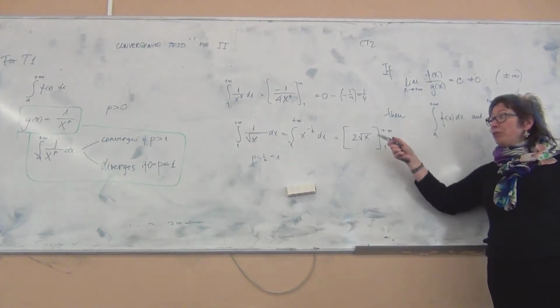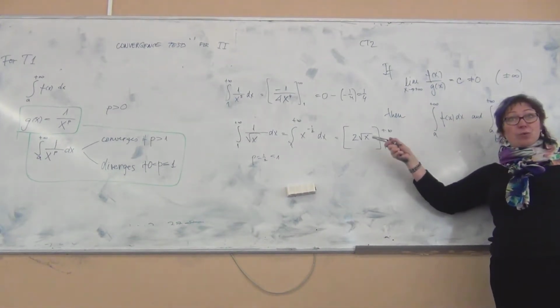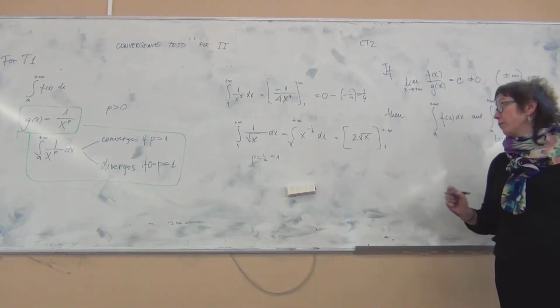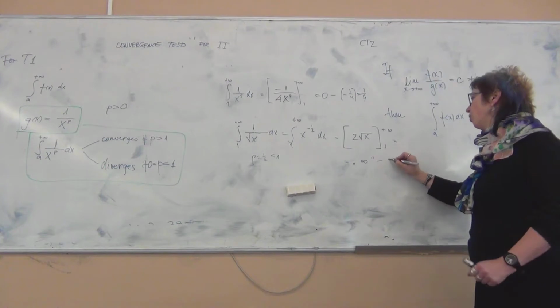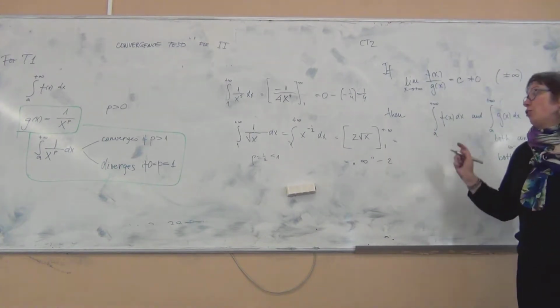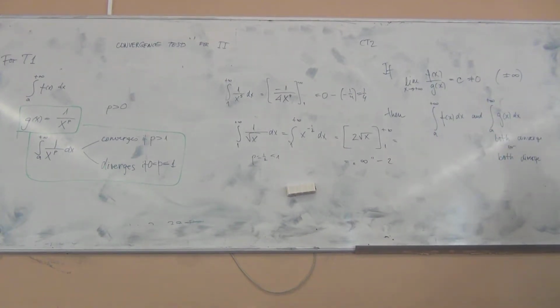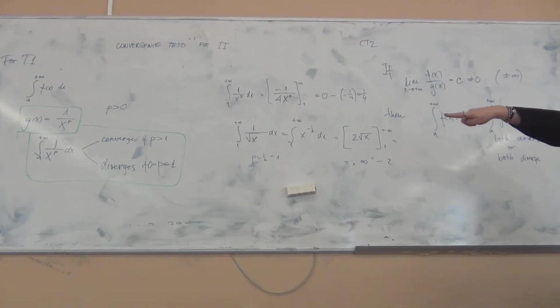If I try to put infinity in there, square root of infinity is still infinity. So it's infinity minus 2, diverges. So now the thing is, how can we be sure about this p equal to 1 being the boundary